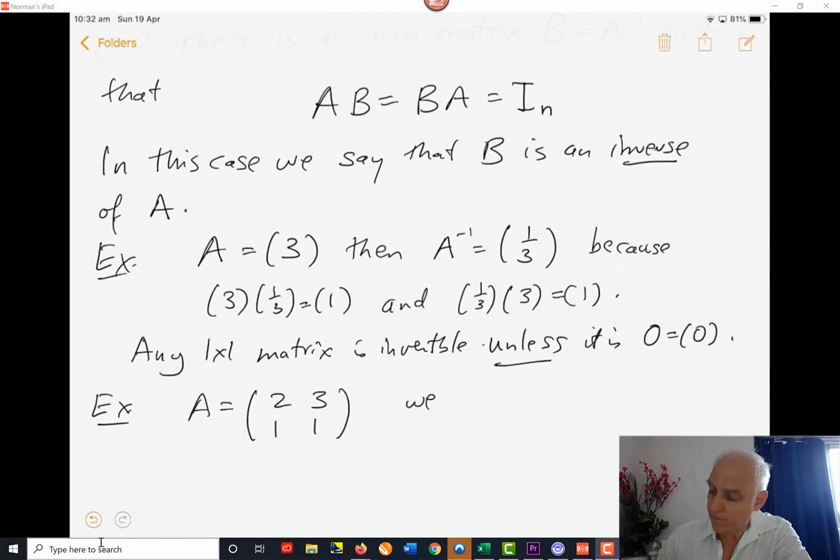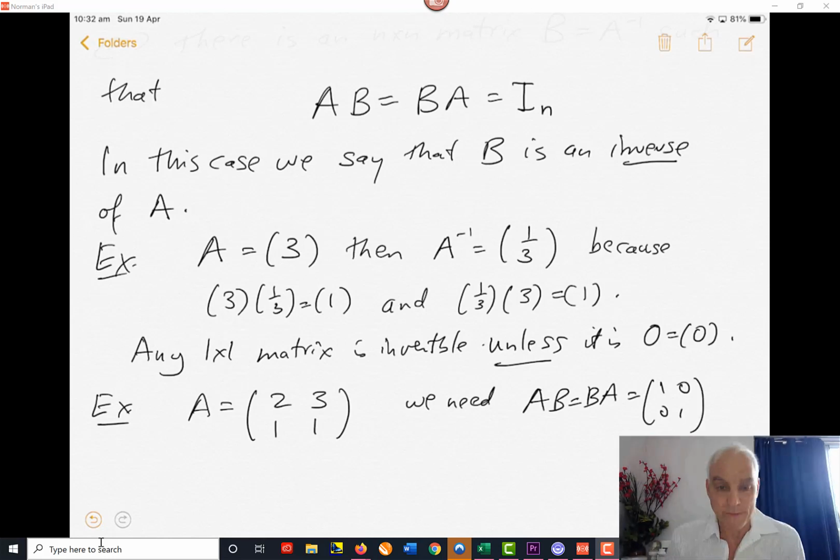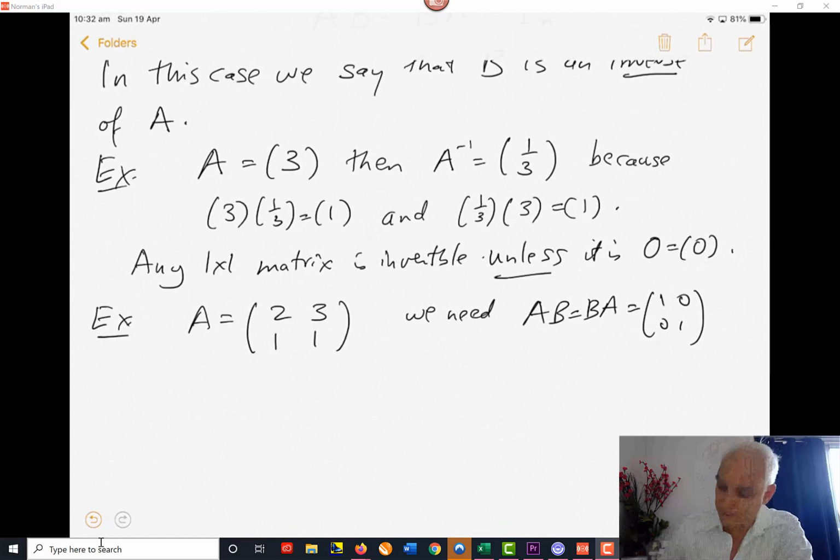So we need to solve A times B equals B times A equals the identity matrix in the 2 by 2 case. Have a look at the following. Suppose we let B equal